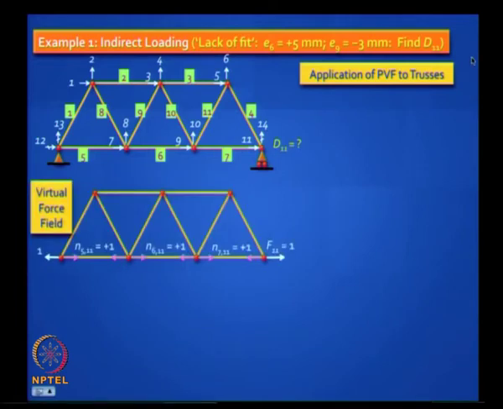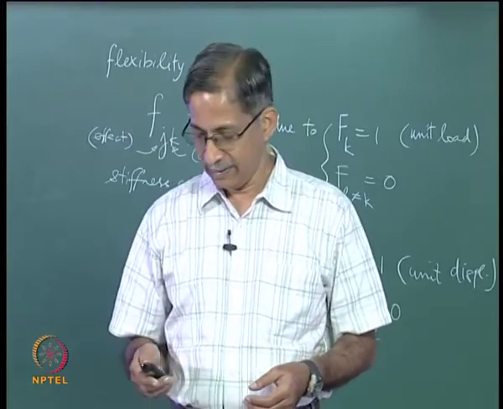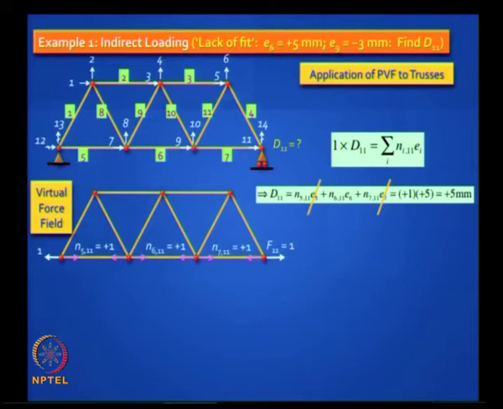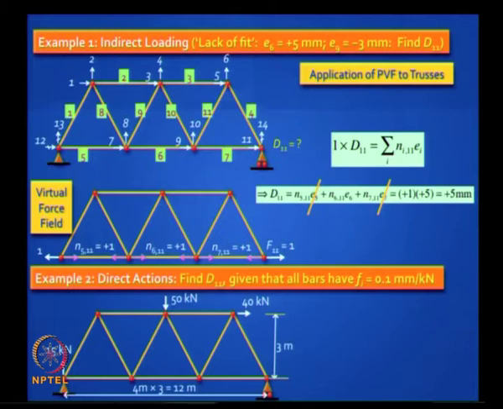So, how do you find out? Apply a unit load exactly there, analyze the system. When you analyze it, you will quickly realize that if you put a unit load there, you will get a unit force in the bottom 3 bars, you will not get it elsewhere. So, it is very easy to analyze, and you invoke the formula 1 into D11 is equal to the total internal work. The internal work relates to only the bottom 3 bars because all the other bars do not have any force, and actually it works out to the sum of the elongations in those 3 bars. It makes sense, that is how the roller support will move, very easy to calculate.